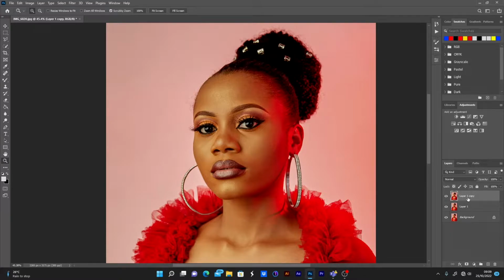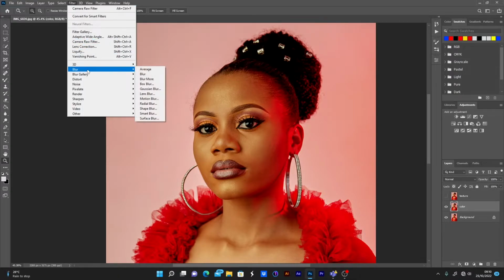So now we are going to turn off the visibility of the upper layer and then come to the down layer. Okay, let's just name this the color layer, and then this up one to be texture, right? Okay, so now for the color layer, all we have to do is come to filter, blur, and then